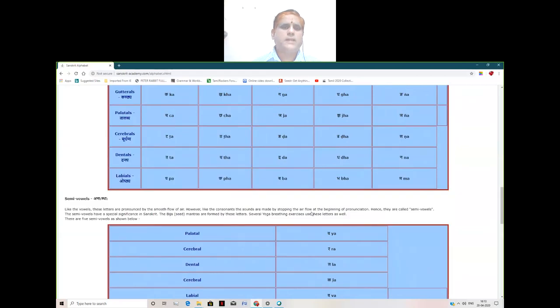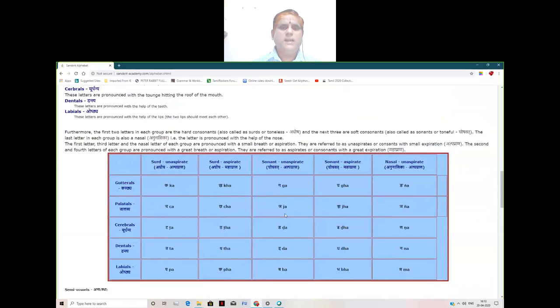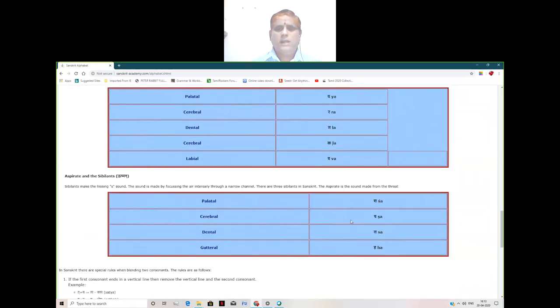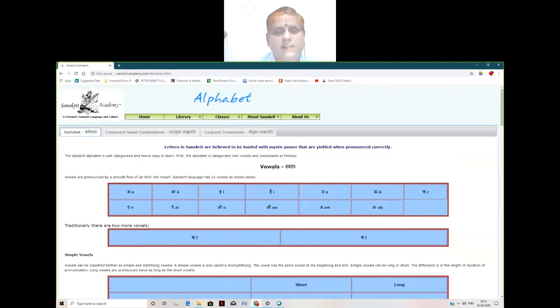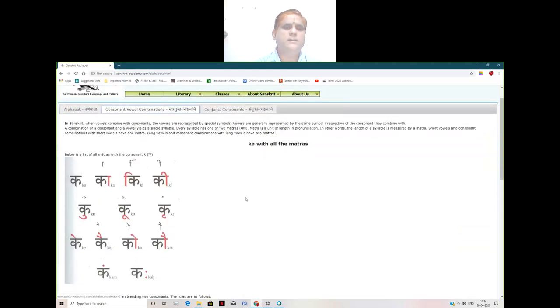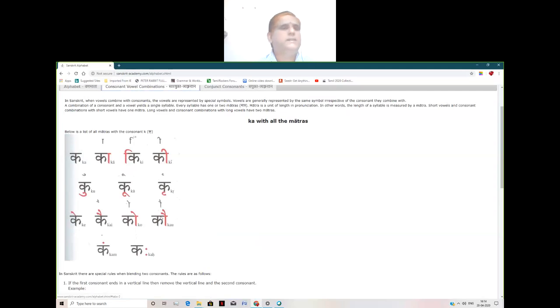So the homework from the class, as I said, is that you are going to write the vowels on this blue screen. Here the Vyanjana table also, this table and this table which I show you with the cursor, you have to write in your Sanskrit class notebook from lesson 1 itself, the vowels. Now we go with the Swarayukta Vyanjan. Ka, ki, this one. See the matra, how to write? Also it is given, ka with all the matras. The matra symbols are also given at the top. It is easy for you children. You already studied in Hindi classes. You can write the same method. There are no changes.